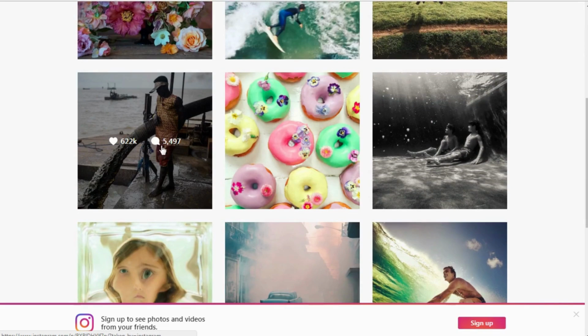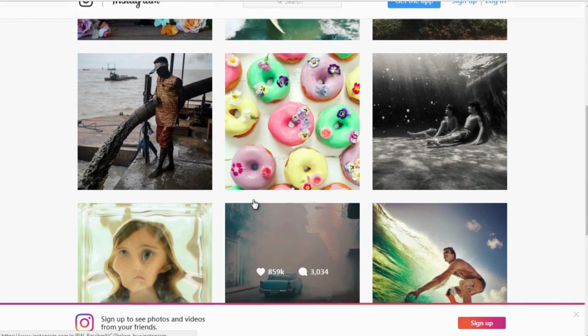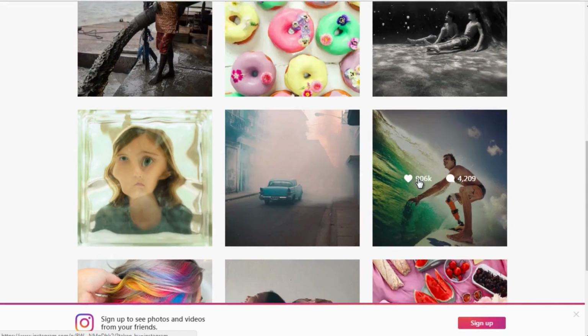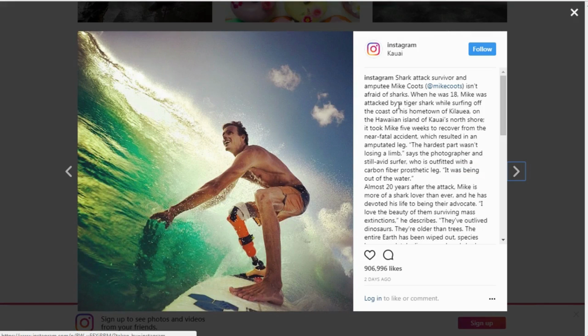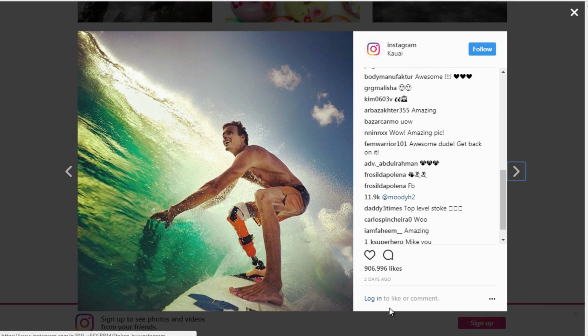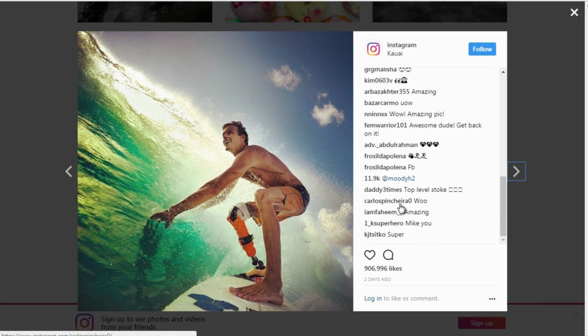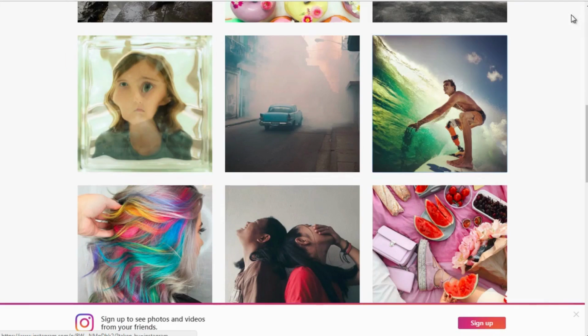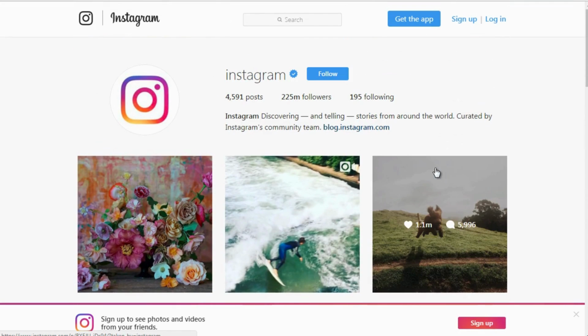So if you notice, if I take a look at some of these images, let's say this one here, you'll see that it has a lot of text. You got hashtags, so you could use hashtags as a means to direct people to a certain place, but you can't really enter a URL in here. So that's why that one URL has to be used wisely.